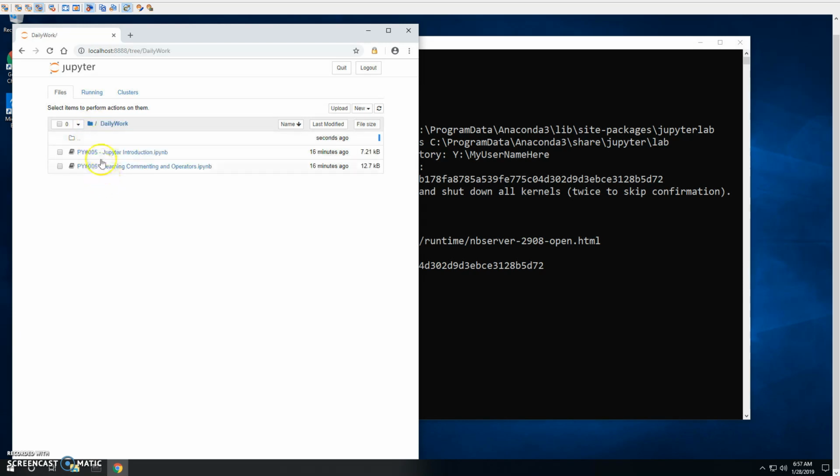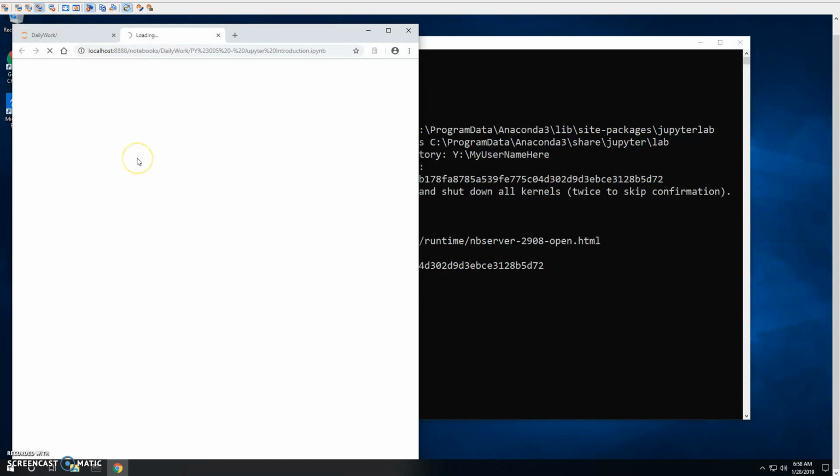So I'm going to go ahead and click on where it says daily work. I can see my folders here. You can also see this one has the two dots icon for going up a folder. Okay. If I want to create something totally new, I could go over to here and upload a project, or I could click on the new drop down. Python 3 is what we would normally do for our Jupyter Notebooks, but since I already provided you with a template, we're going to go into where it says daily work, and I'm going to go into this one, PY 005, Jupyter Introduction,